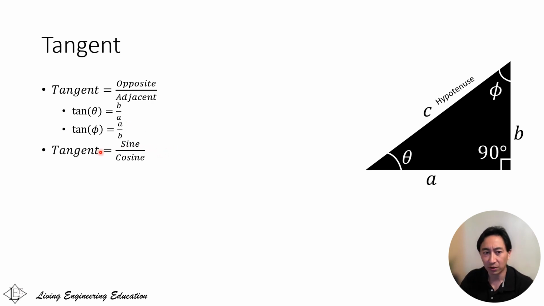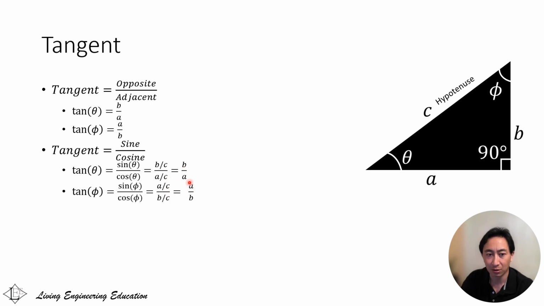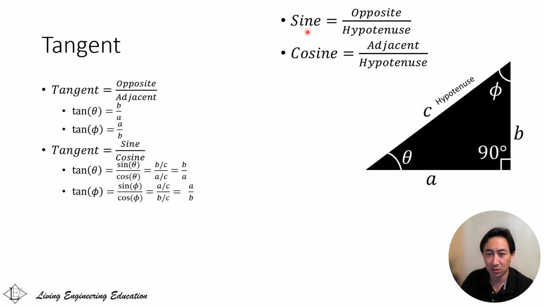So this is the equivalent of saying that tangent is sine over cosine, right? Remember, for theta, sine is opposite b over hypotenuse c, so b over c. Cosine of theta is adjacent a divided by the hypotenuse c, so a over c. So the hypotenuse terms cancel out and we're just left with b over a. Similarly with tan phi, you'll get the same thing, because sine is opposite over hypotenuse, cosine is adjacent over hypotenuse. So if you divide these two,